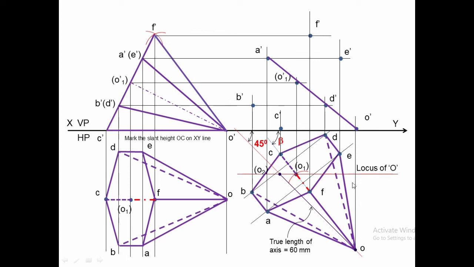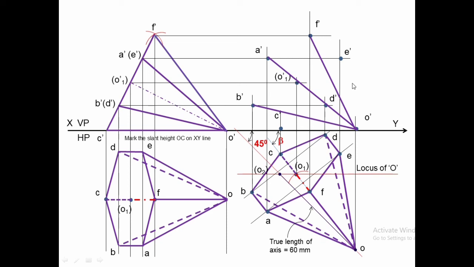Now here too many lines are there. I can give importance to the next ones also, by taking the longest lines which are away from XY line, like BO and FO. They are also far away from XY line. We will give importance to those two lines and mark them with thick lines in the front view. Since the base is near to XY line, we cannot see it fully. Whatever we observe from this side, that will be seen. So I give importance to these three lines which are far away from XY line.